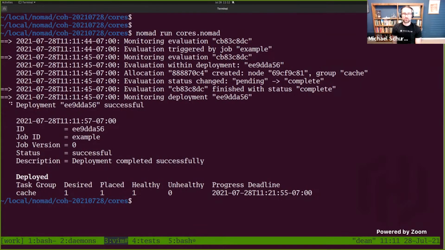Nomad run used to just return as soon as the evaluations were created for what you scheduled, and you might actually get all the information you wanted. Like if it was fast enough, you might get the allocations too. But now it'll by default wait for the deployments and give you all the information about how the deployment is going, which should be way nicer and save you the extra step or two of looking that up yourself. So let's see, everything went well there.